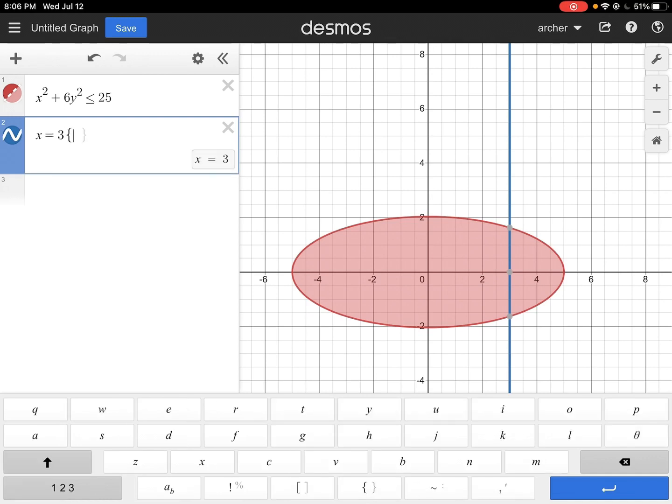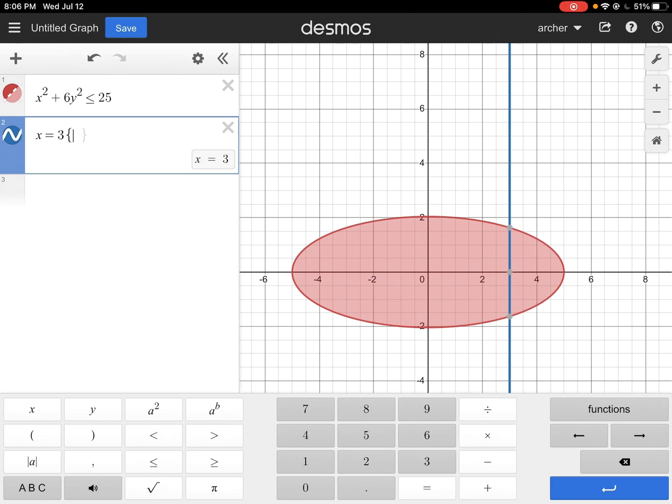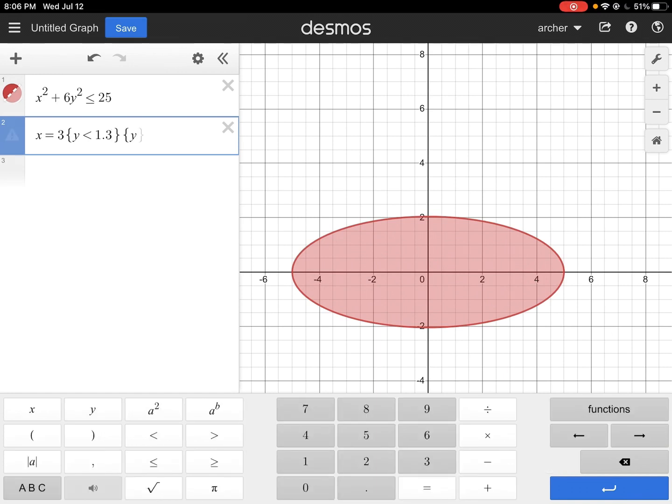Hit the ABC button, click that, and then we're going to put y is less than 1.3, and then we're going to do the same thing, except we're going to put y is bigger than negative 1.3,